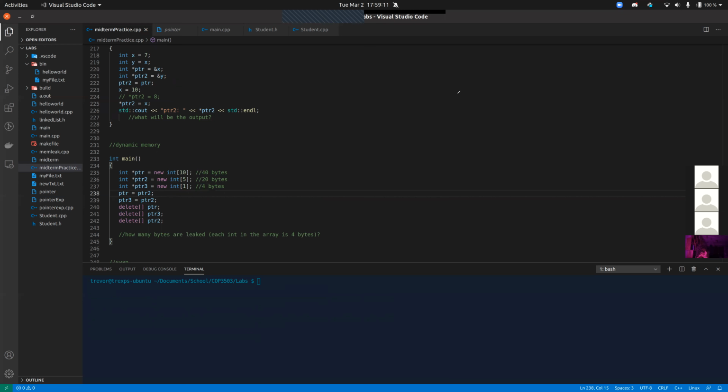So if I go ahead and draw this out here, if I had the 40 bytes right here, and then 20 here, and then 4 here, and pointer is pointing here, and then this is pointer 2 pointing there, and pointer 3 pointing there. Hopefully this makes sense. As soon as I do line 238,